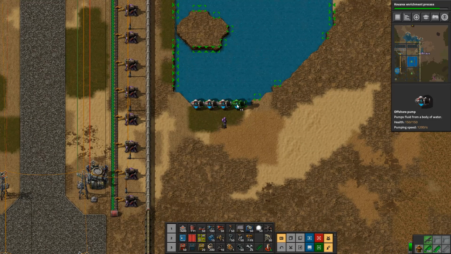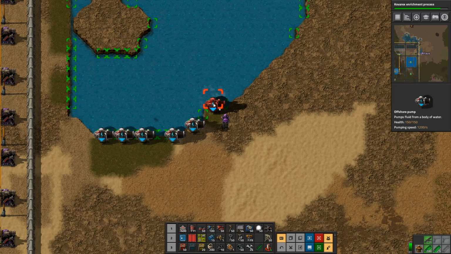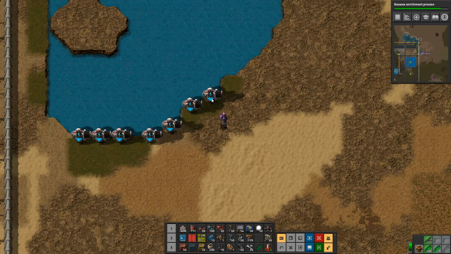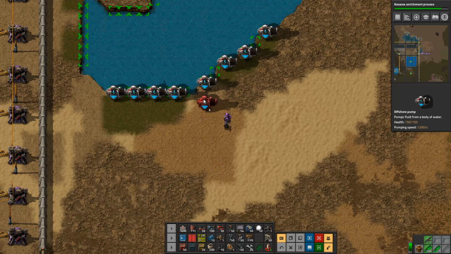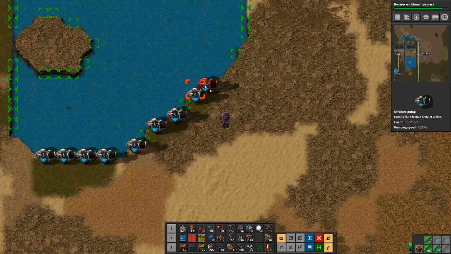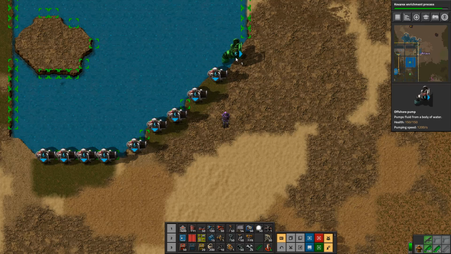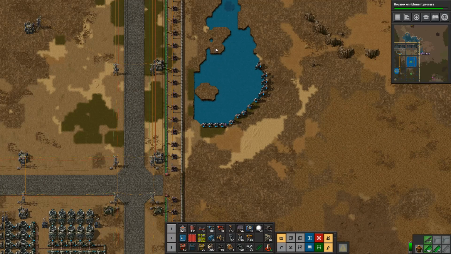One, 2, 3, 4, 5. Is that it? Six, 7, 8. I mean, these don't work. 4, 5, 6, 7, 8. Does that work? No. 9, 10, 11, 12, 13, 14. The reason I'm not taking the inside is because that's going to be used for...